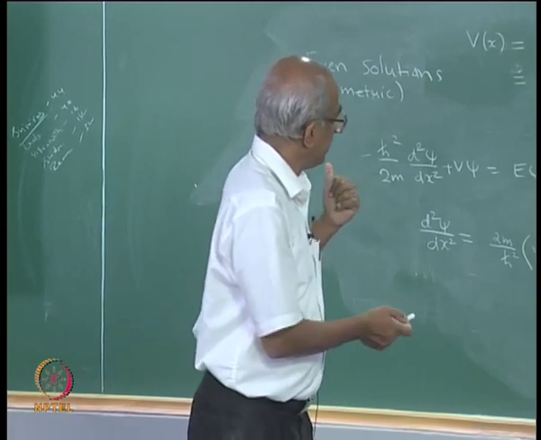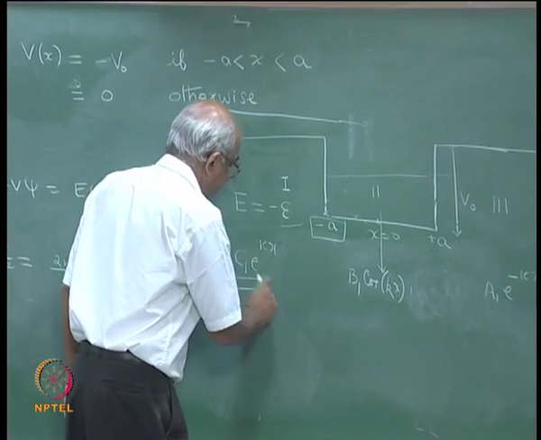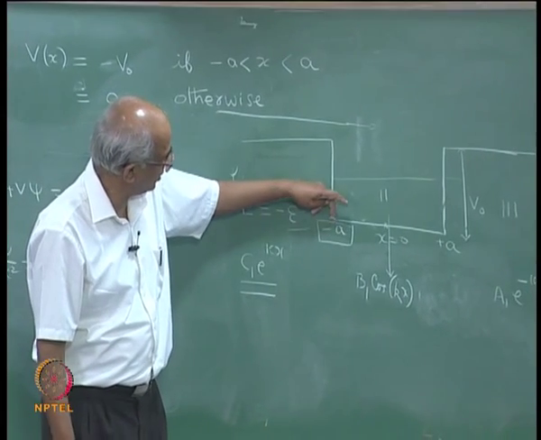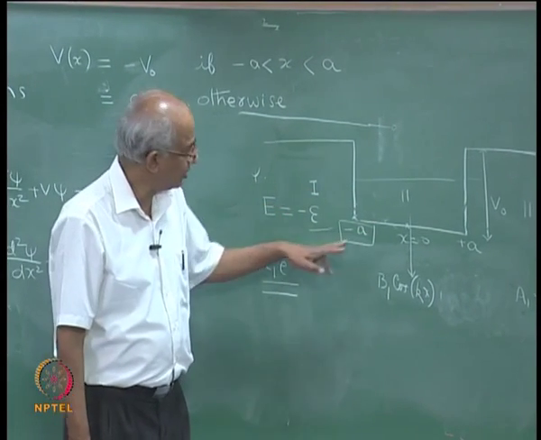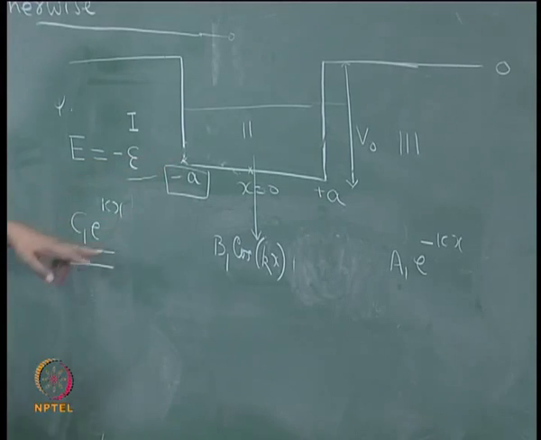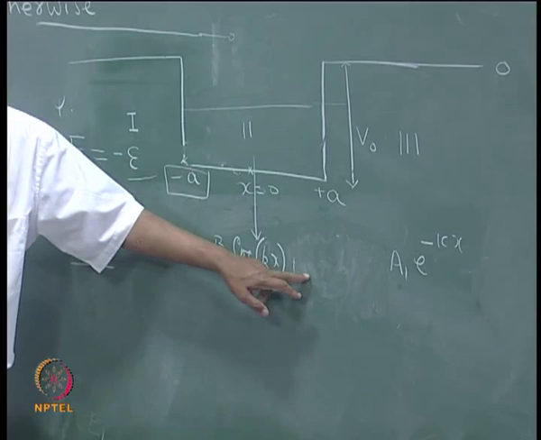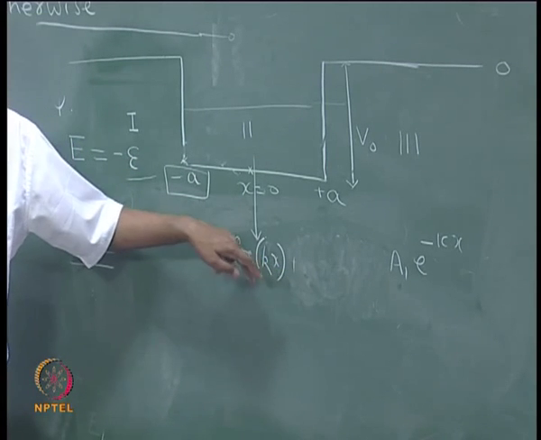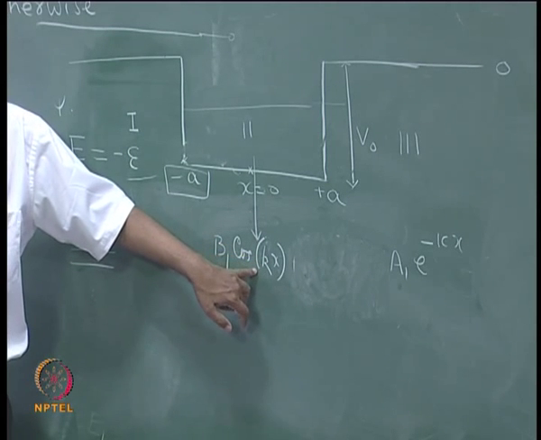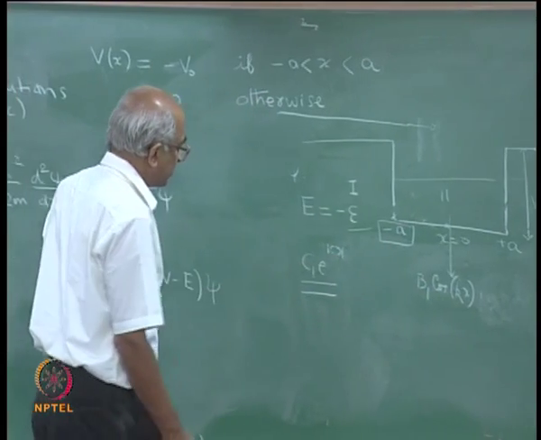So, what does that mean? It means that if I evaluated the wave function at this point using this formula, which is the wave function appropriate for this region, even at this point it is valid and I can evaluate its value using this formula. I can also evaluate the value of the wave function at this point using that formula, and if the function is continuous, what should happen? The answer that I evaluate using this must be equal to the answer that I get using this, otherwise the function will not be continuous.